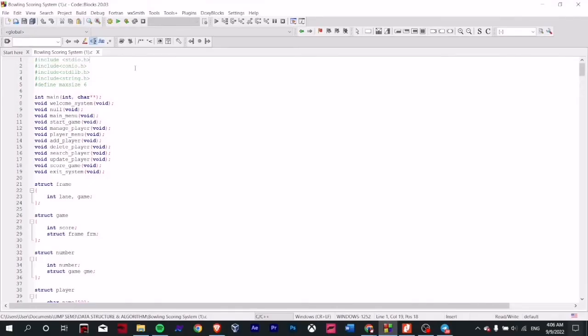As we know, a structure is a user-defined data type. So why do we use structures in a bowling scoring system? It is because a structure allows the user to combine different data types together. A structure creates a data type that can be used to group items of possibly different types into a single type. In line 21,